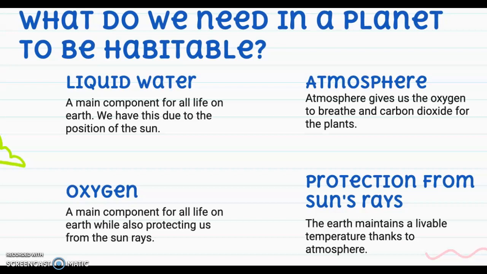In the atmosphere, it gives us the oxygen to breathe and the carbon dioxide for the plants. Oxygen, it's a main component for all life on Earth while also protecting us from the sun's rays. And then going into protection from sun's rays, the Earth maintains a livable temperature thanks to the atmosphere. So even here we can see that atmosphere, oxygen, and protection from sun's rays, it kind of just keeps going